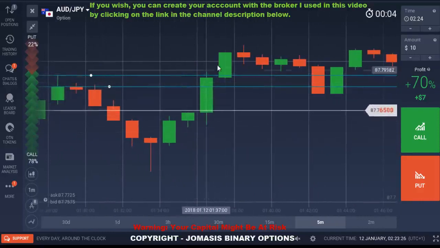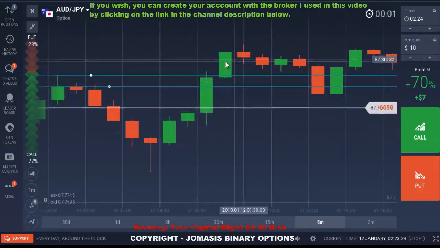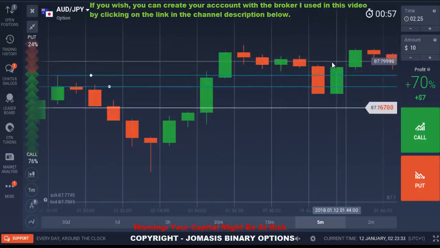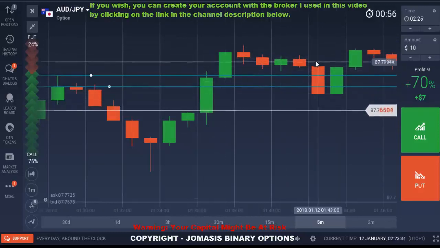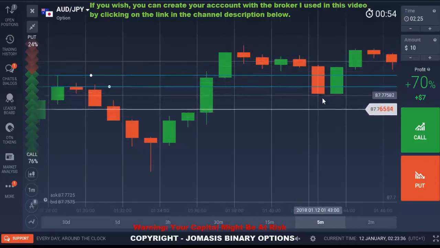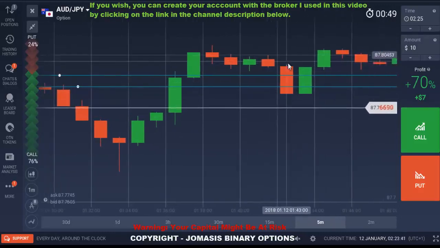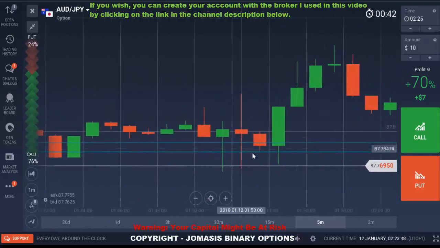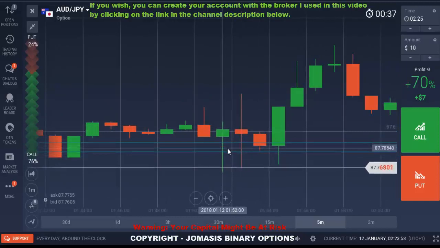When the market broke it here, it became support for this one. But when these two candles came, and when this green candle came, they didn't respect the support, because it's now a support, so it broke it, and the green also broke it. But when it got to this level, it respected the support level, because this is